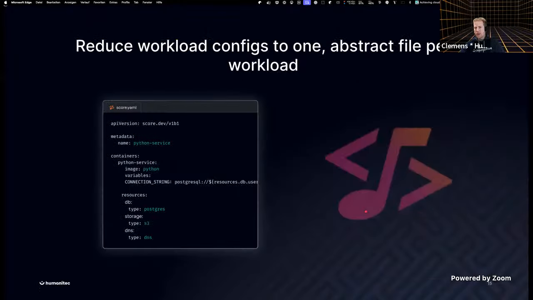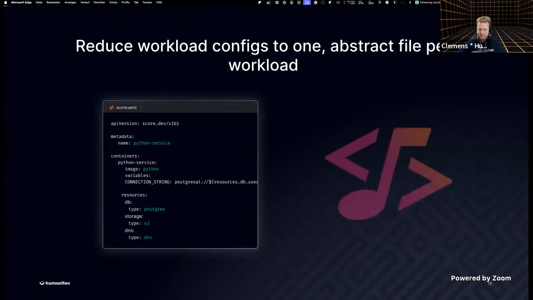All right, let's take a very quick look at Score, because that's what you're going to see in the demo as well. How does this abstract ask look like? If I'm working on a service in Python, I can actually say, hey, I would like to have that Postgres database, possibly also an S3 storage and a DNS name because I hate typing IP addresses. And then I can take the information which is fed back from the creation of that Postgres database into my connection string here. So I can let the orchestrator not only create the infrastructure, but feed back to the application so the application can actually play with the infrastructure or live on top of it. This is how Score works.